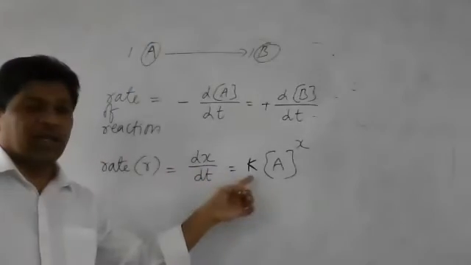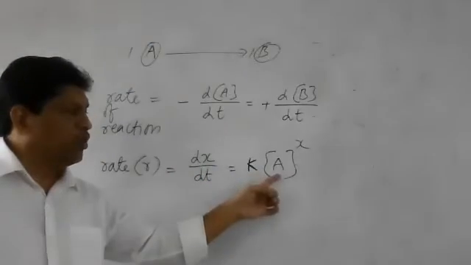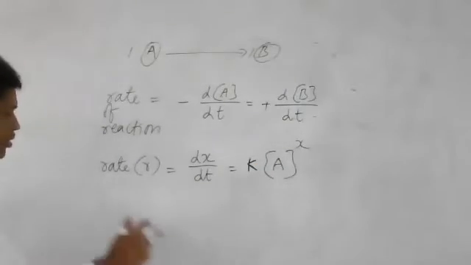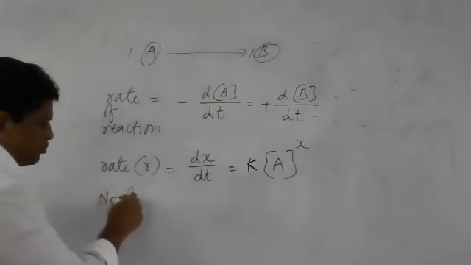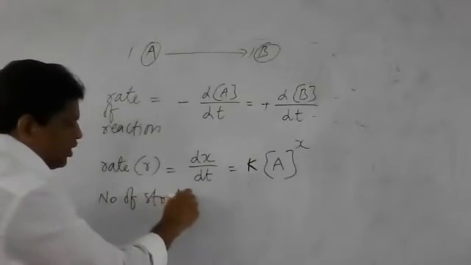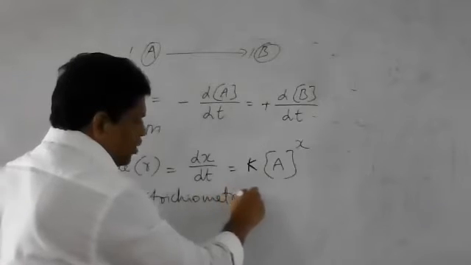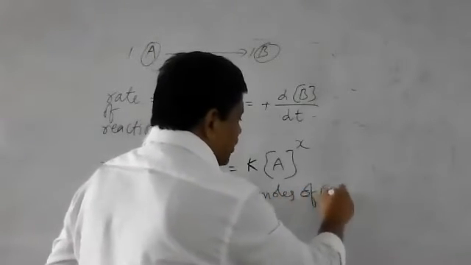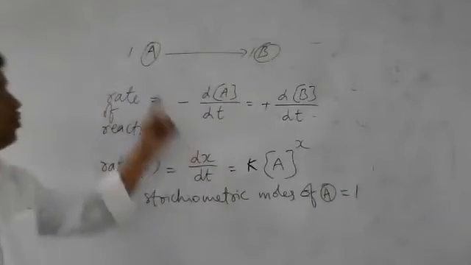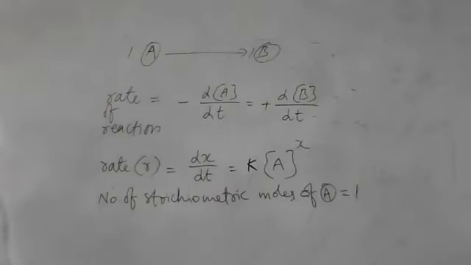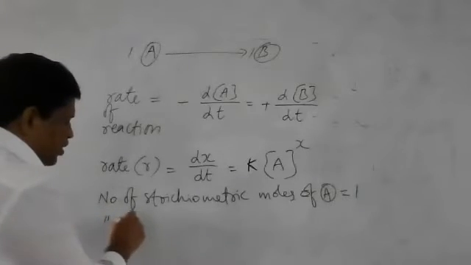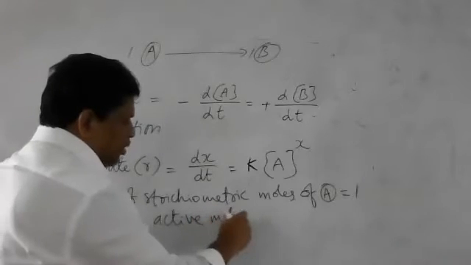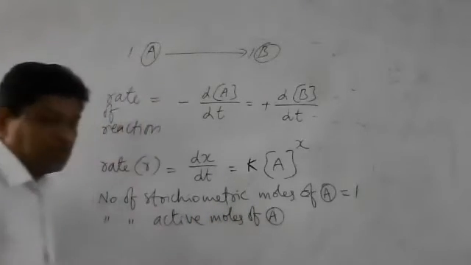So rate is equal to rate constant k into concentration of A to the power of x. x is called the active mole. Now tell me, the number of stoichiometric moles of A, how many? 1 mole of A is there in the given reaction. But the number of active moles of A